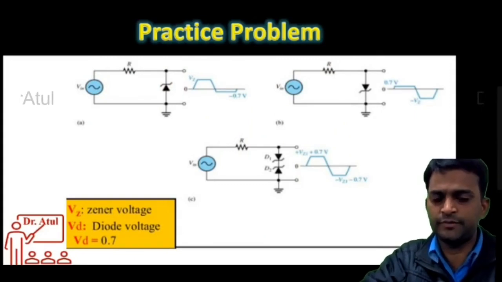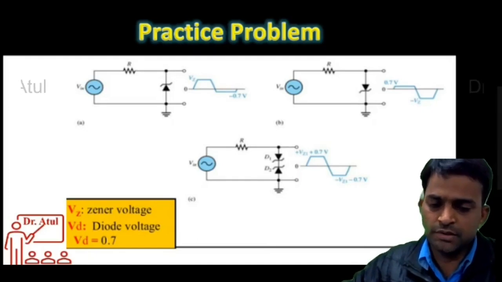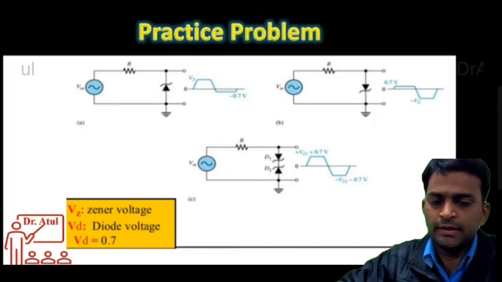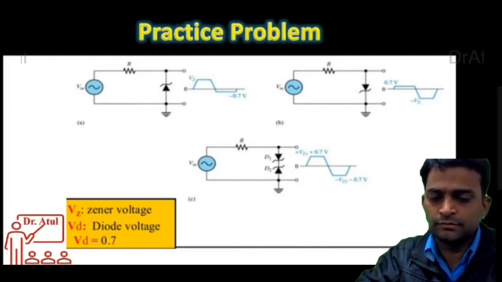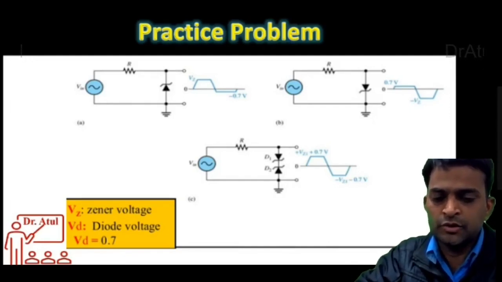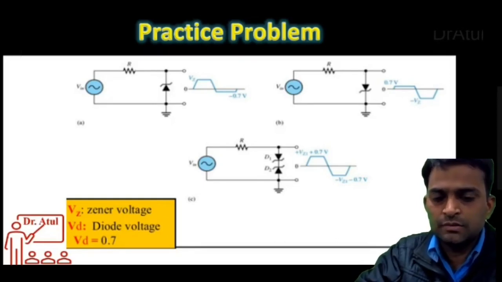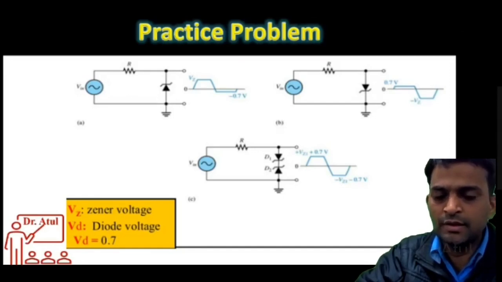These practice problems are for the Zener diode waveforms. One sinusoidal input is provided, and the diode voltage is 0.7, and the Zener voltage is something that is not mentioned. So you can see that on the positive side the clipping is at the Zener diode voltage, and on the negative side